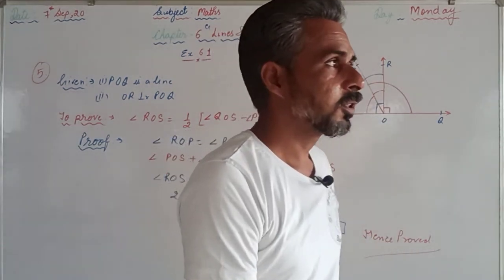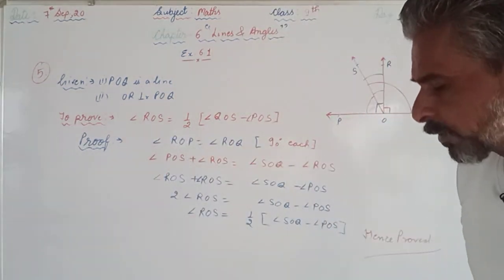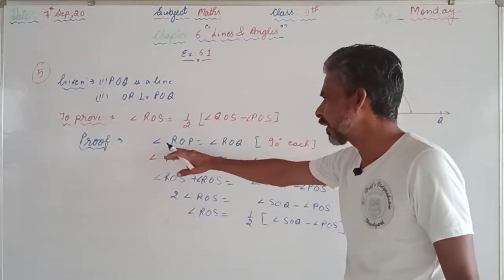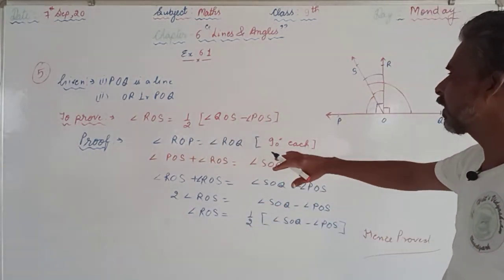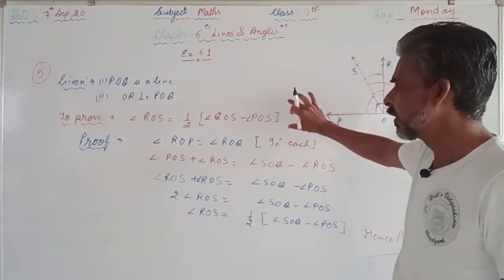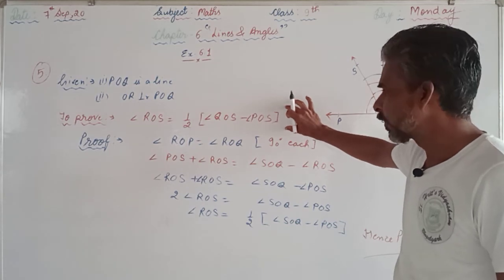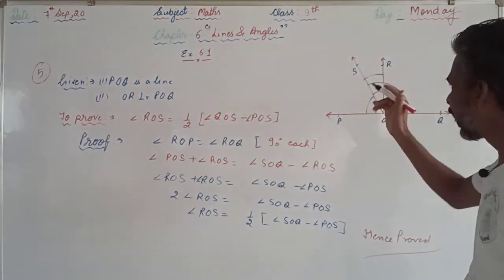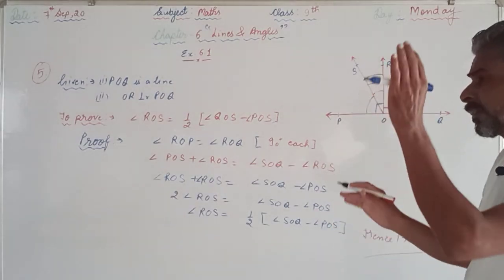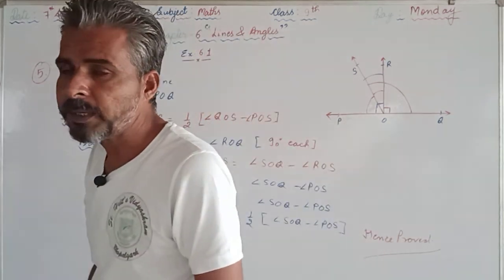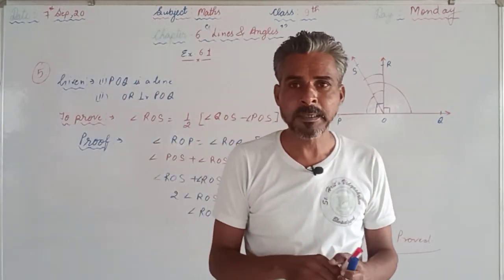So in such types of questions, first of all we have to write the given information, and we are supposed to use the given information as we have written here. Angle ROP is equal to angle ROQ, that is 90 degrees each, given. Afterwards we are supposed to observe what we have to prove. So we are not using these terms in the final expression. Whatever we are supposed to use in that term, we are supposed to convert the given information. I hope that you have understood, and you will repeat all these questions.